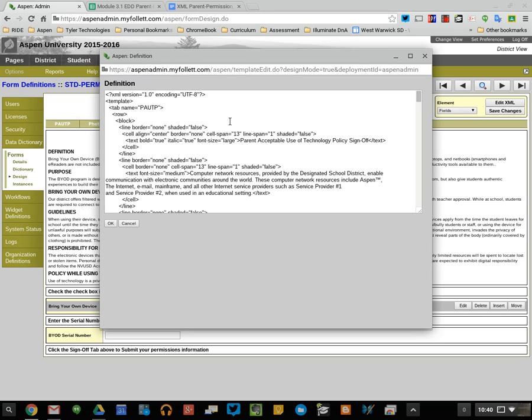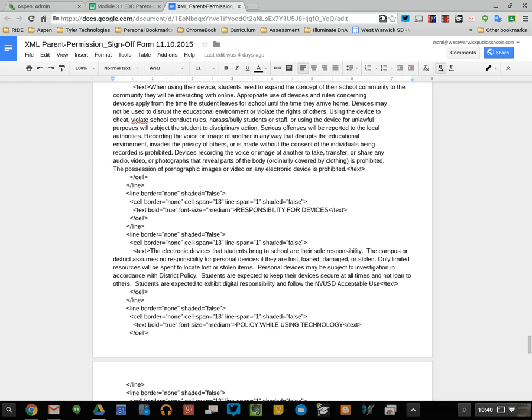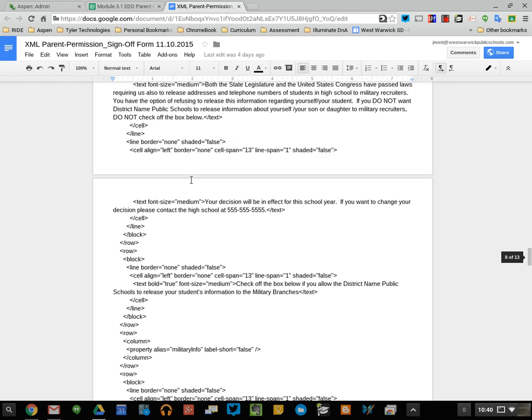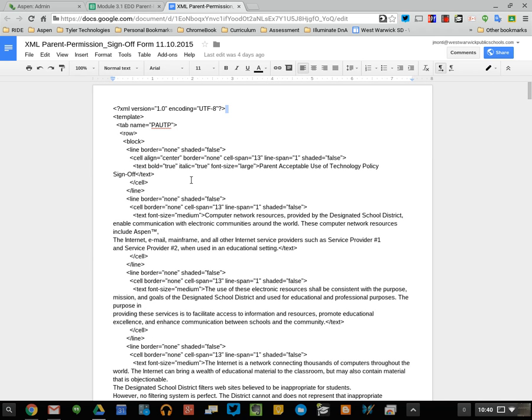One of the first things I do is copy the XML. So I'm going to Control A with my keyboard, Control C, and I open up a Google Doc or a Word document and paste the XML into the document. What's nice about this is it gives me a little more holistic view of the XML. I have a little more space to work with, and I can also do anything I want in here, like highlight text,